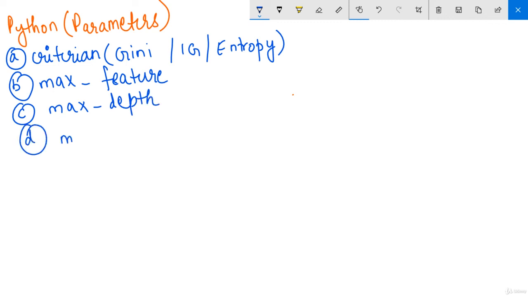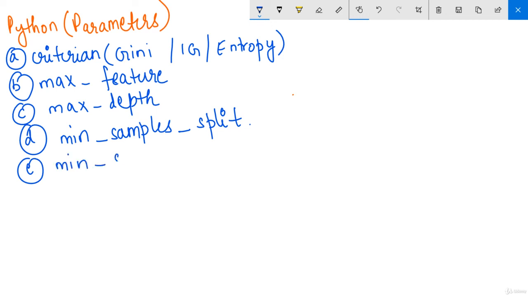Then you have minimum samples split, and there is one more important one, minimum samples leaf. There are many others, but these are the most widely used parameters which we will be using a lot